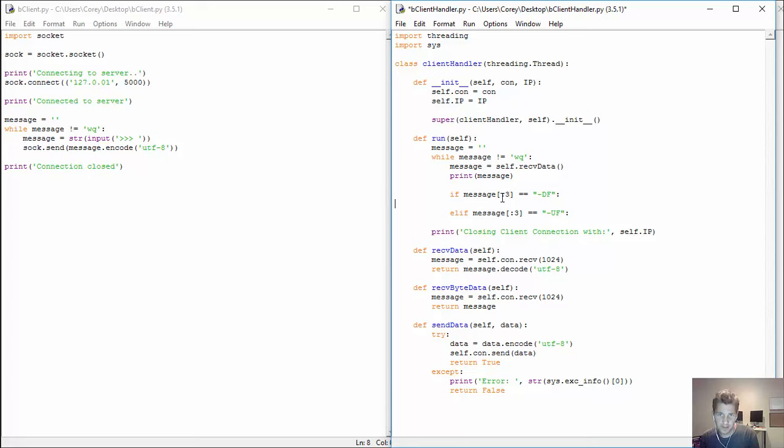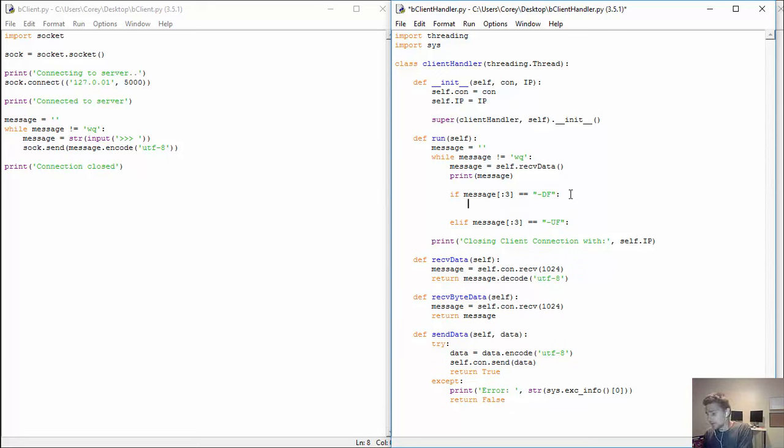So basically what this says is start at 0. I don't have to put it in, it defaults to that. And continue all the way to the number 2 index, which is the 3rd letter. And so if those are equal to df or uf, we're going to do different things, okay? So in this case, I'm going self dot, I'll get